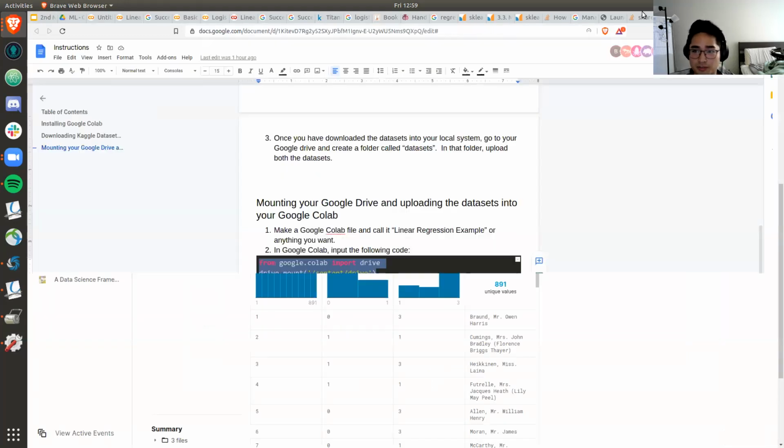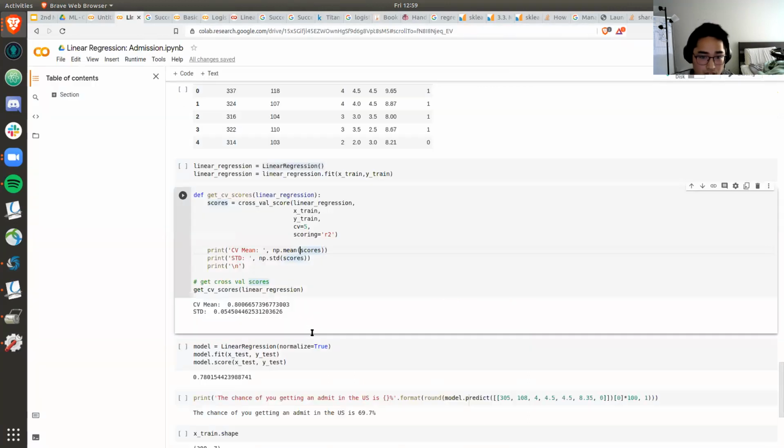But yeah, like what Woodrow said, pretty much it just outputs a mean and a standard deviation. So how far are the values separated from each other? How much variance is within the data? But what we really care about is the mean, because the mean is what gives us the accuracy of our